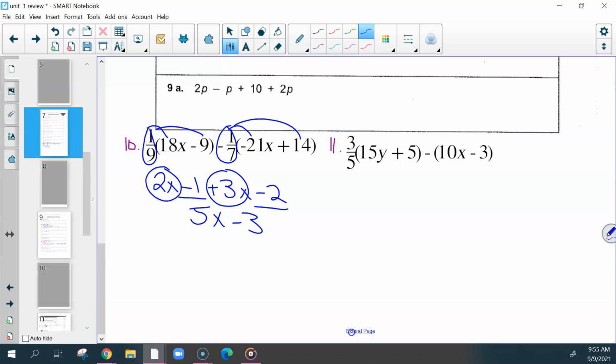So you might get a problem that has fractions twice. You might get a problem that just has fractions once. It doesn't matter. The process is the same. Don't let that freak you out if you see that. And yes, remember, this negative is really a negative 1. So you're putting negative